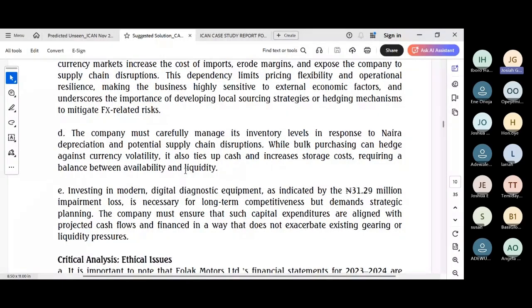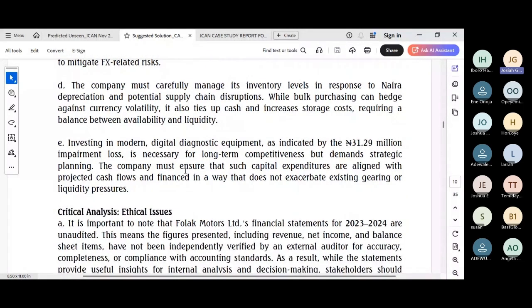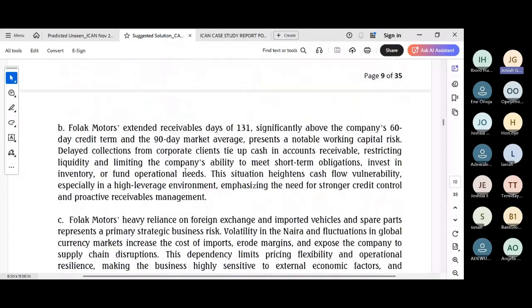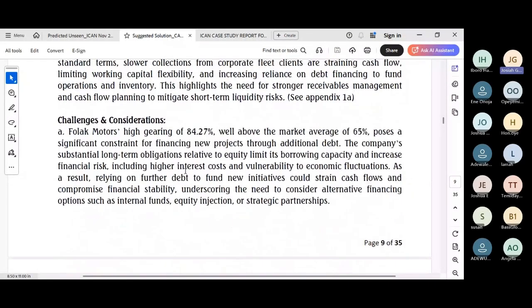We said conclusively that requiring a balance between availability and liquidity. And finally, we said investing in modern digital diagnostic equipment. That's all this equipment they use to test or scan vehicles, as indicated by the 31.2 million impairment loss. The company must ensure... So this is a consideration. These last two are considerations. So achieve superior thoughts on submission based on challenges and consideration based on the scenario, and you move on